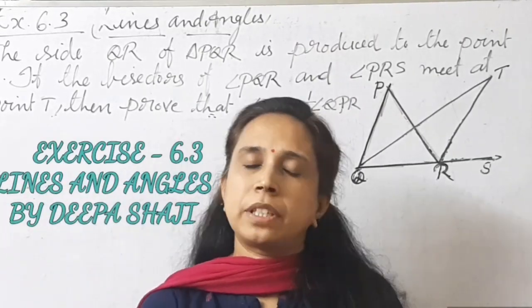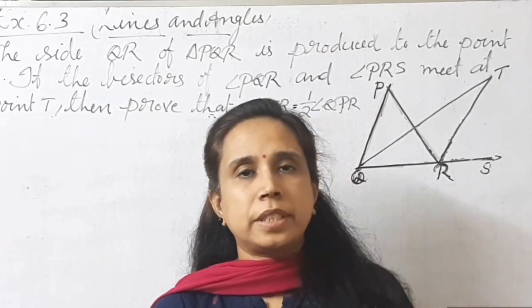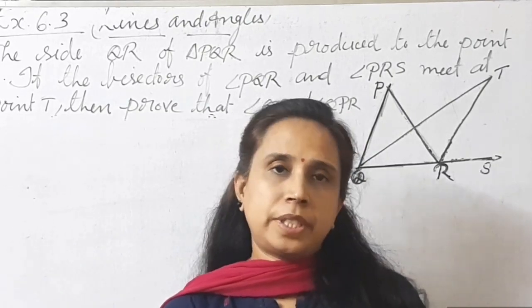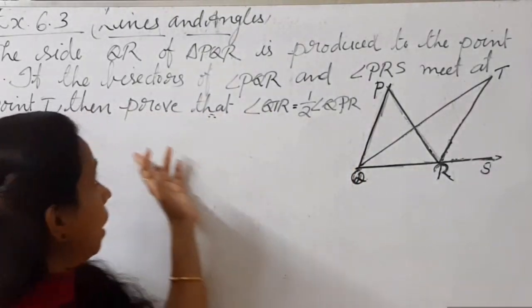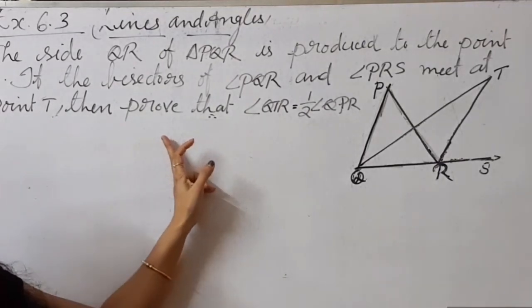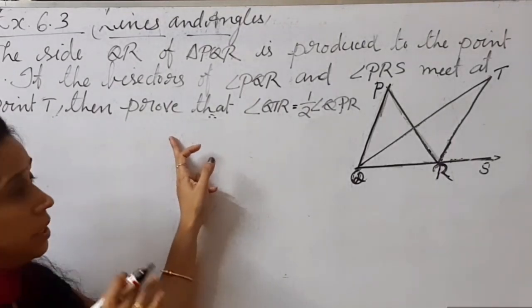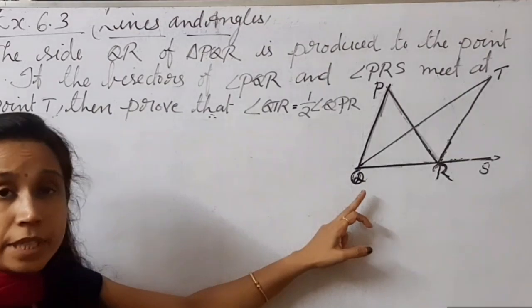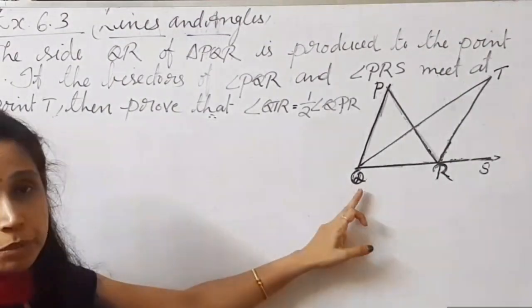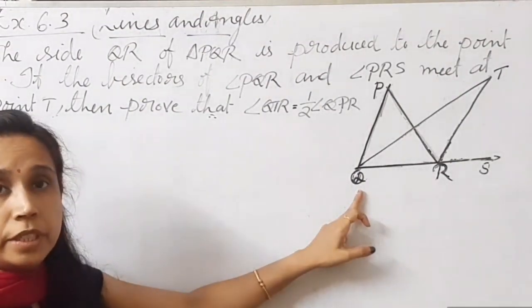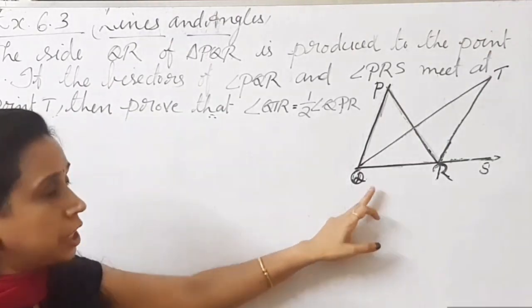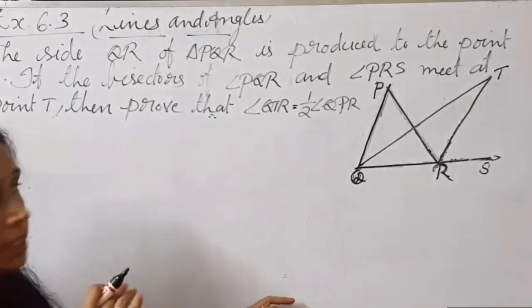Today I am going to explain question number 6, which is given in exercise 6.3. Okay, shall we see this? Now, I have written the question here, but I am not going to read it. The same question I will be explaining from this diagram. From this diagram I will be explaining what we are given and what we have to prove. Everything I will explain from this diagram. Shall we see this diagram?